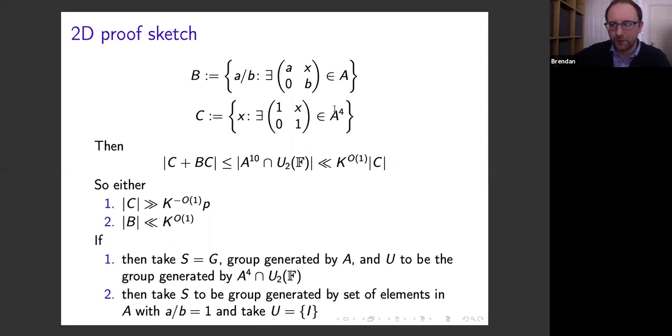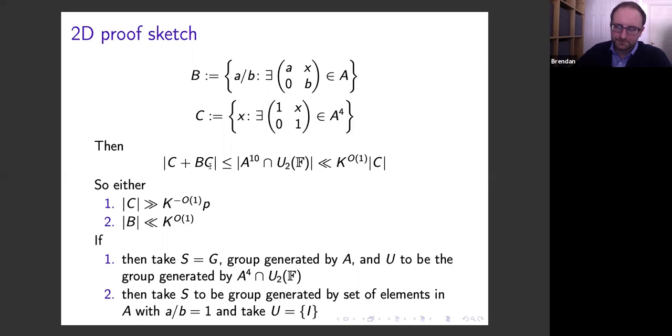The idea of taking this fourfold product is that it will contain all the commutators of elements in the set A. Anyway, so we get some ratios and we get some unipotent elements, and then if we conjugate A to the 4 by A, that's contained in A to the 6, and then if we multiply again by this A to the 4, then within 10 products of A and in the unipotent subgroup, in the upper right hand corner, we have this combination